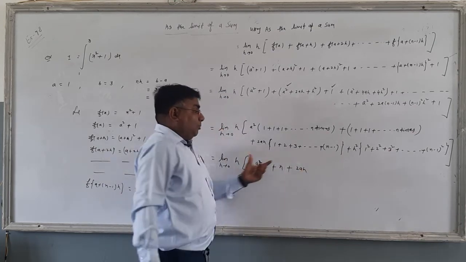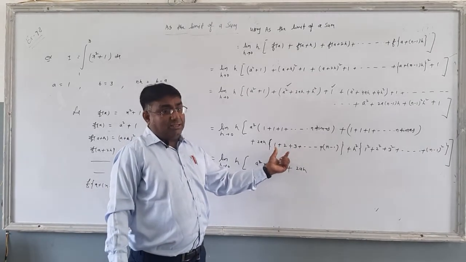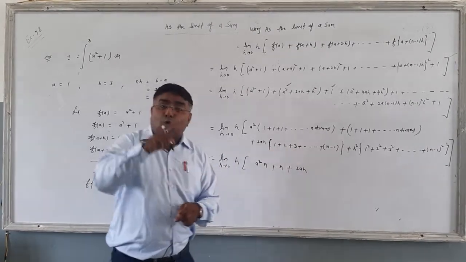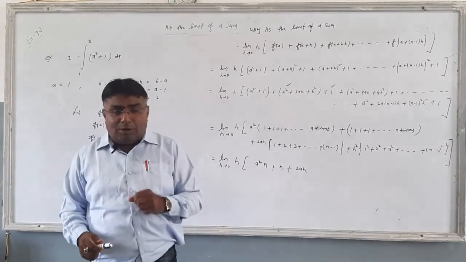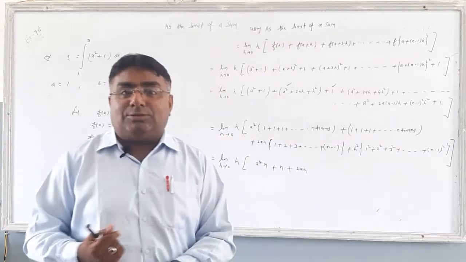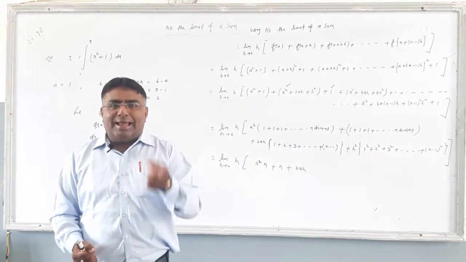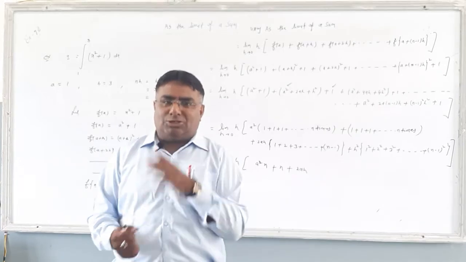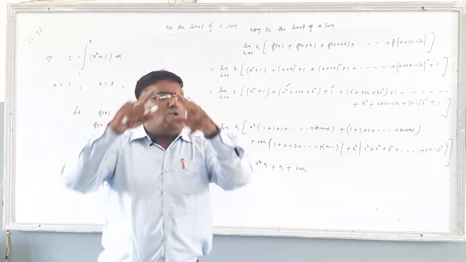And now this formula in 11th class, sequence and series is the last exercise. 1 plus 2 plus 3 and so on is the n. What is the meaning? That is summation of n. What is the formula of summation of n? N plus 1 upon 2. What is the formula of summation of n square? n plus 1, 2n plus 1 upon 6. What is the formula of summation n cube? That is n minus 1 upon 2 is a whole square.